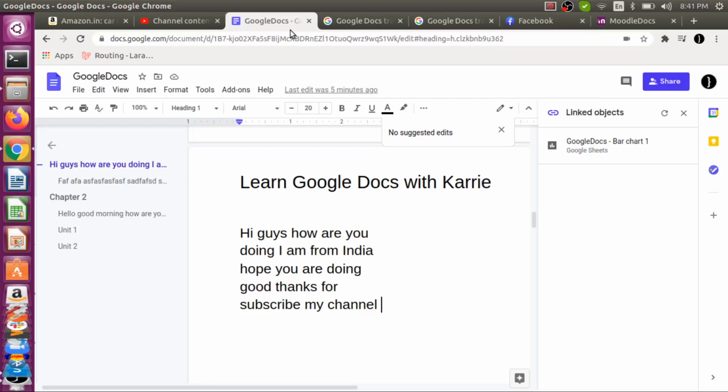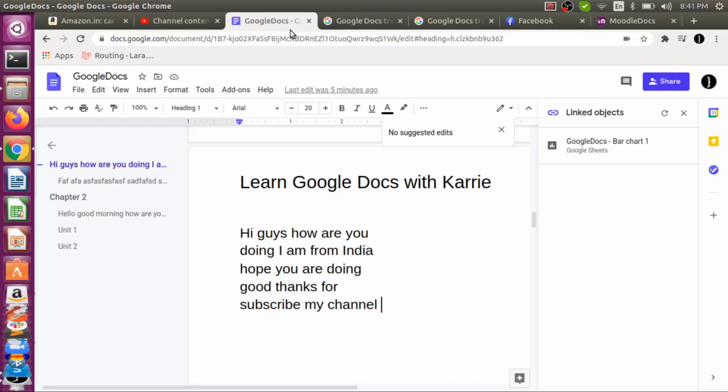And the next thing is the updates. Updates are basically what are the updates from Google about Google Docs. So those kinds of updates are available here. You can check from time to time what is new, like on November 29, what were the last changes made by the Google team, right?